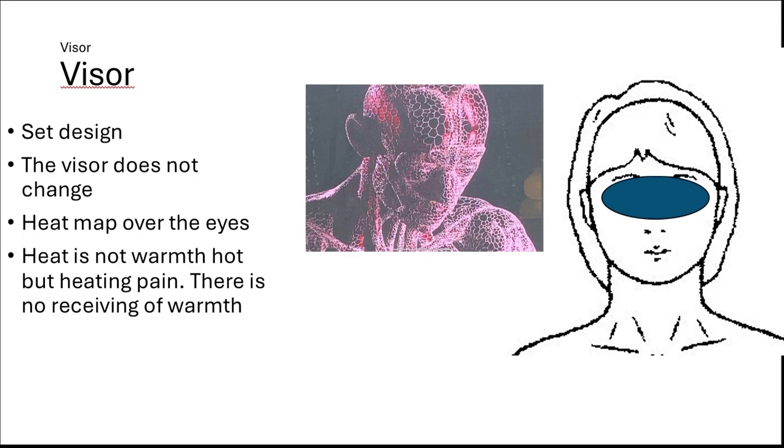We've just got the visor to do. The visor is a set design. The visor does not change in the area that it is over the face. The visor is like a heat map over the eyes, and the heat is not warmth, but a heating pain. So there's not a feeling of receiving warmth. There's this artwork here, and this indicates the visor area. So as you can see,